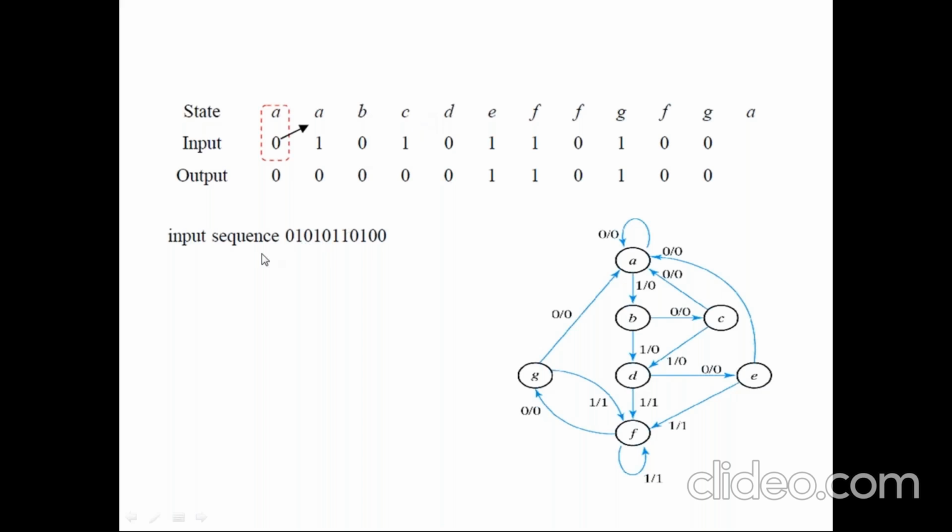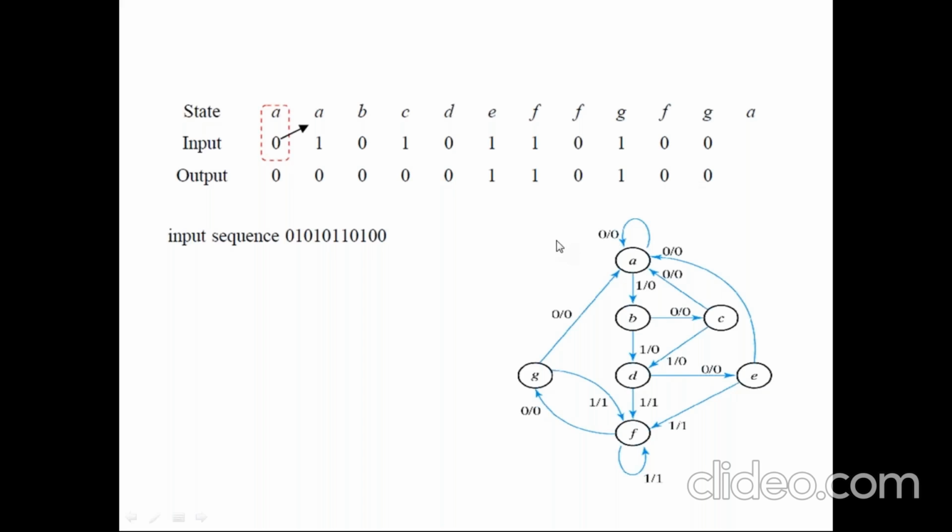So similarly, this input sequence I'm giving so that it is covering all the states equally. A, B, C, D, E, F, G. Again, now finally it is coming back to E. Okay, in that manner you have to design an input sequence and you have to give the input. And now this particular input sequence is producing the output 5 zeros, 1, 1, 0, 1, 0, 0. So this is before reduction.